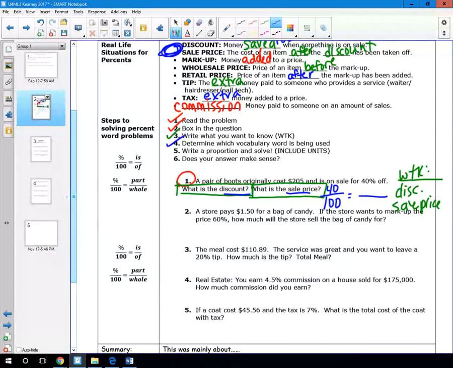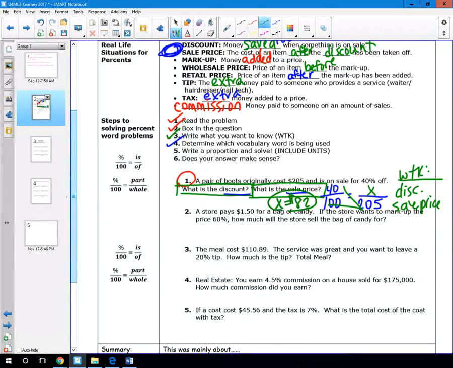So is that your part or your whole? That's the whole. That's the original cost. The original is always the whole. Okay? So 40%, and we don't know the part that's the discount, so I'm going to put an X. Okay? And we can quickly cross multiply and divide, and I get that my X is